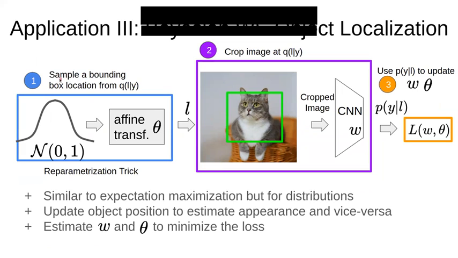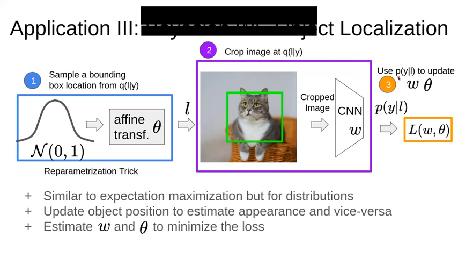First, sampling the location from Q. Then second, crop the image with the sample that we obtain, call it L. And third,